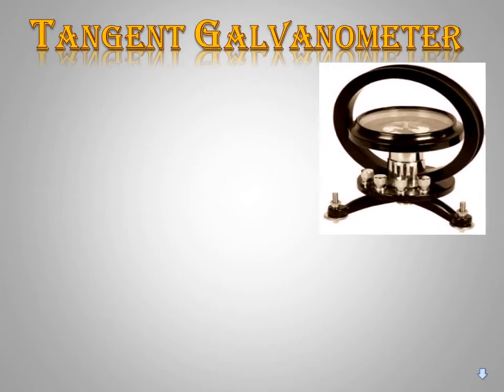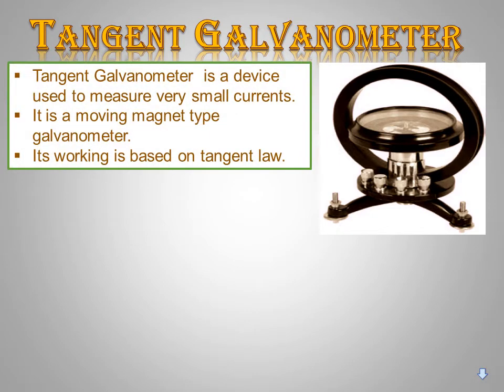Let's move to the tangent galvanometer. I think, students, you know why these galvanometers are used in electrical experiments. Can anyone remember why it is used? Yeah, from the first lesson, you know galvanometers are used to measure the current in the circuit. The deflection is very important. While we have these galvanometers in experiments, we note the deflections through these galvanometers.